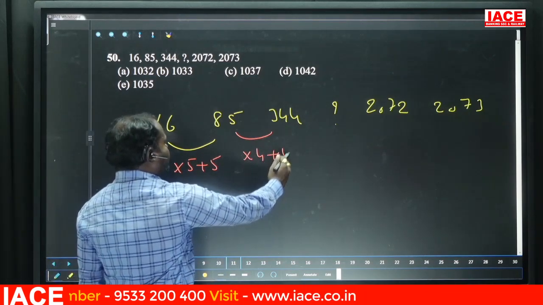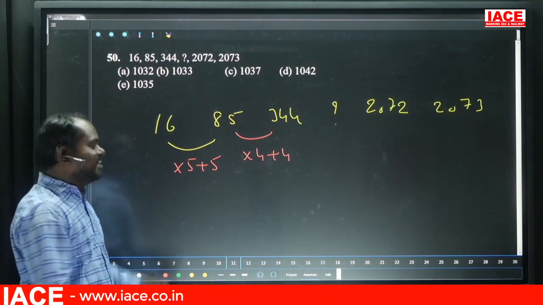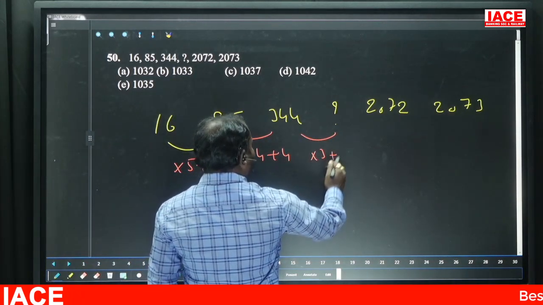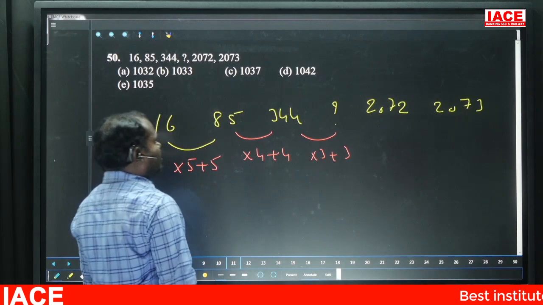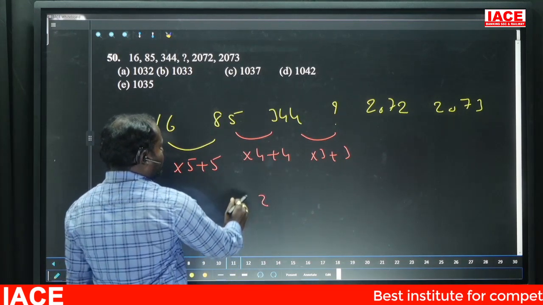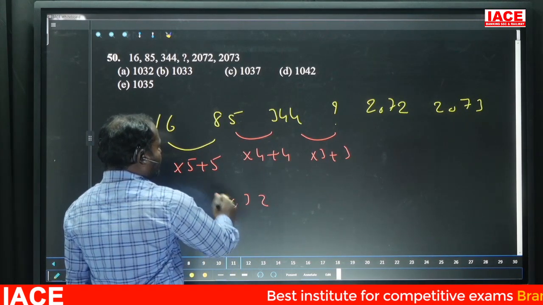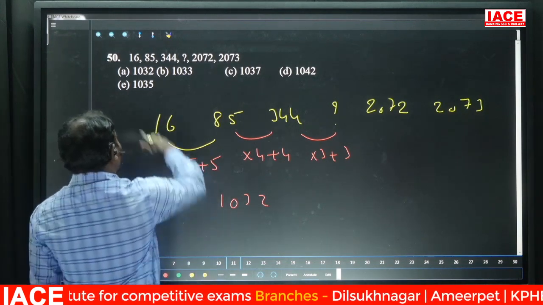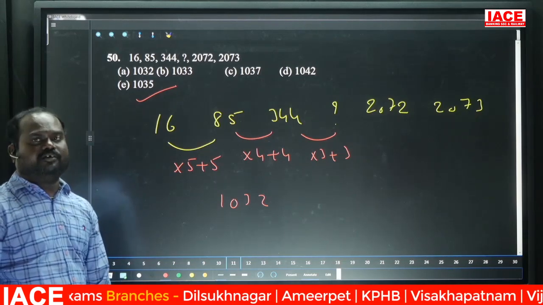Into 5 plus 5, into 4 plus 4, in that decreasing pattern. So next should be into 3 plus 3. 344 into 3: 3 4 is 12, 1 12, 13, 1 9, 10, 1032 plus 3, 1035, which means option E. 1035. Next,